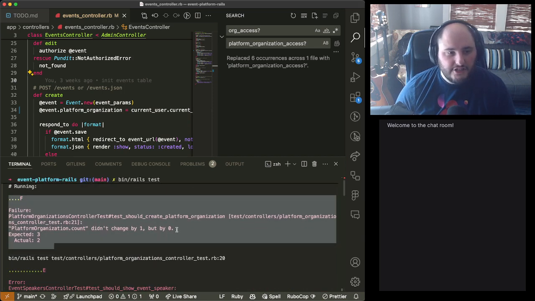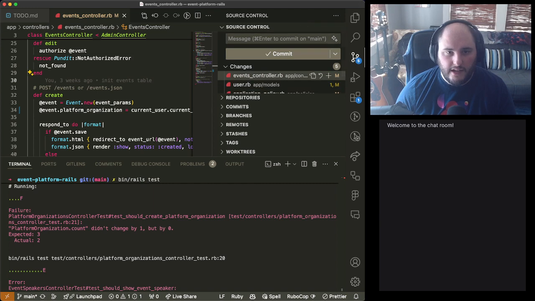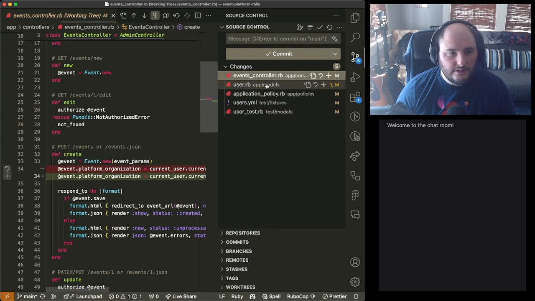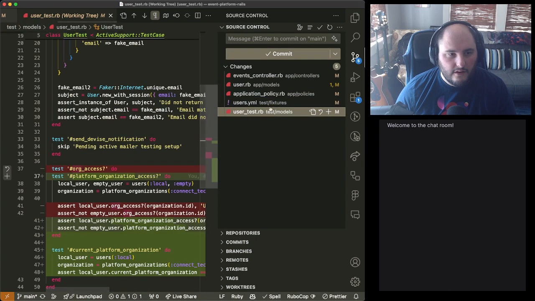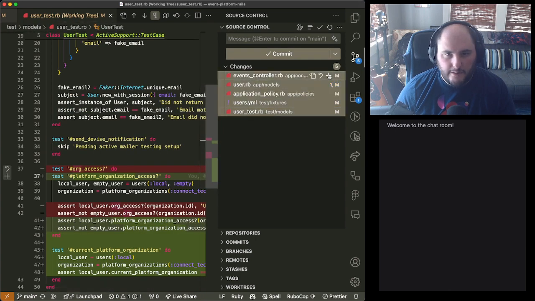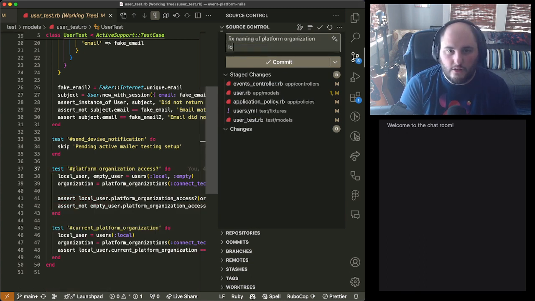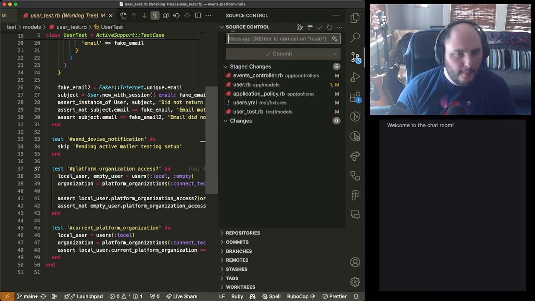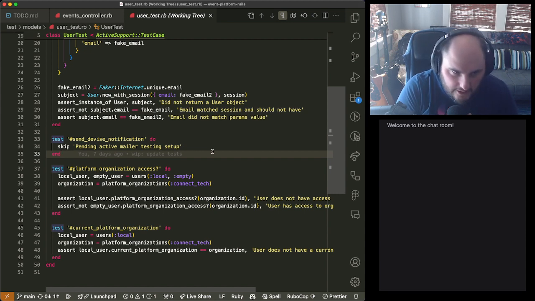So let's go finish fixing these, but we're going to start with a quick commit because we should commit this, which is we have fixed the naming. So we're going to say fix naming of platform organization lookup on user. And that's just because we want all of that to be relatively standard.